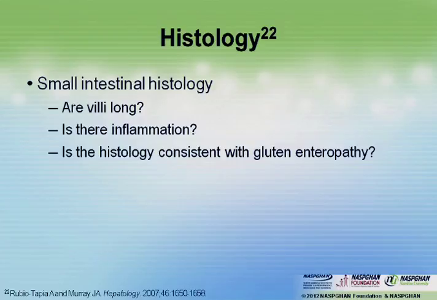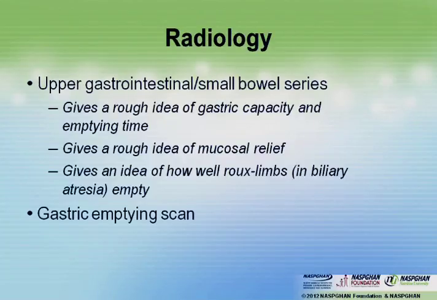The mechanism is not fully understood. It is autoimmune. Some of these patients will have autoimmune markers that suggest type 1 autoimmune hepatitis. Others have suggestion of type 2 autoimmune hepatitis, but there are others who have no markers at all, and it seems to be autoimmune liver disease. We can do small bowel series, and we can look at gastric capacity and emptying time. Don't forget that patients who have massive visceromegaly may have a reduced gastric capacity because of simple mechanical compression.